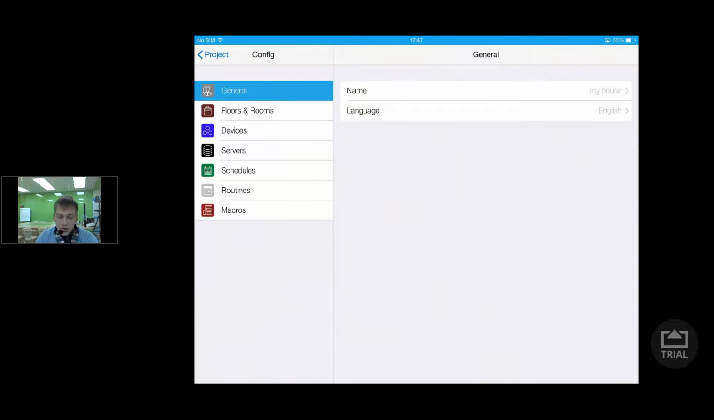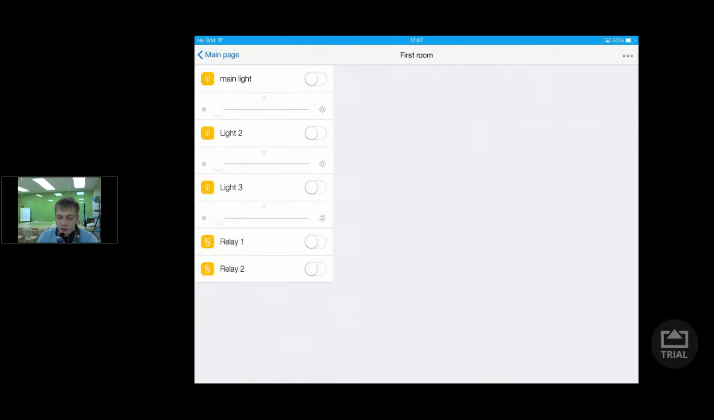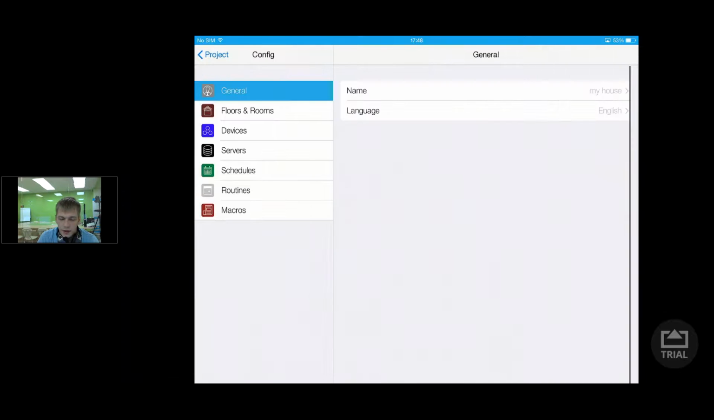Okay, and now I want to create a macro. For example, if I want to turn on all the lights in this room, I should check this, control this and this, and it is not useful. I want to press one control, and after it the iRidium light should turn on every lamp in this room. So for this task I should open the config,